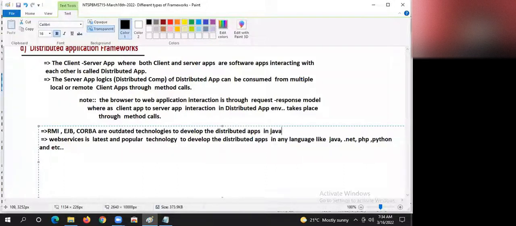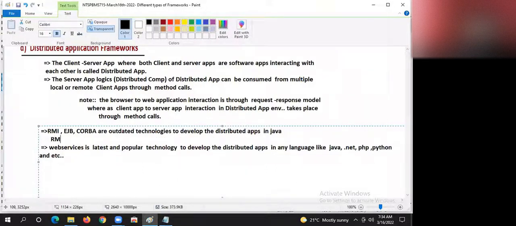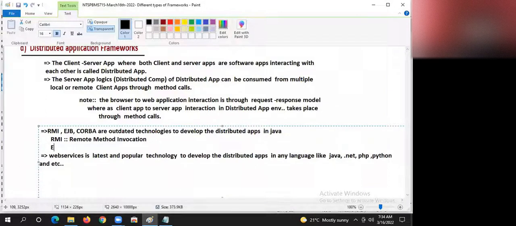Okay, guys. Tell me, what is RMI, guys? Remote method invocation. EJB, guys, Enterprise Java Beans. This is Java based.